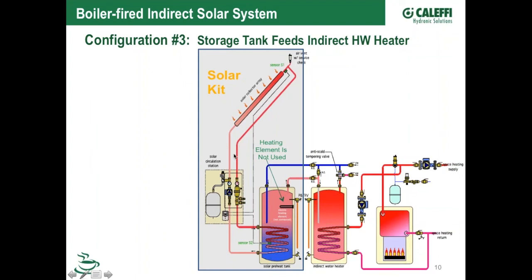So that really is a better way to protect systems where you're going to have that awkward or offset load like that, is to put a drain back. But just know that the control does have those functions. We've also got a provision in here that you could put a heat dump in it. And a heat dump could be a little blower outside, a little Modine type of heater. It could be a loop of one of your radiant zones. I know Bristol down in New Mexico will use one of his radiant loops as a dump zone inside the house. So if this tank gets too hot, he'll just kick on one of his radiant zones and dump some